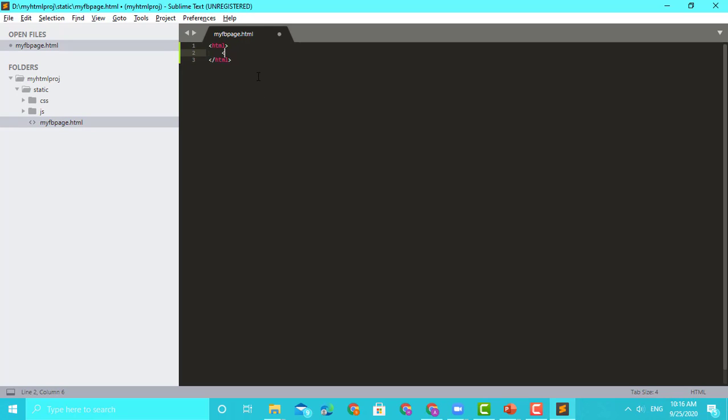So I will put what is basically needed for this page to show up. I have an HTML tag. In this I have two main tags, the head tag and the body tag. So there are two tags. Control S. The way of using this is that it automatically indents, so once you look at the page, it looks good. Otherwise it's all haphazard.